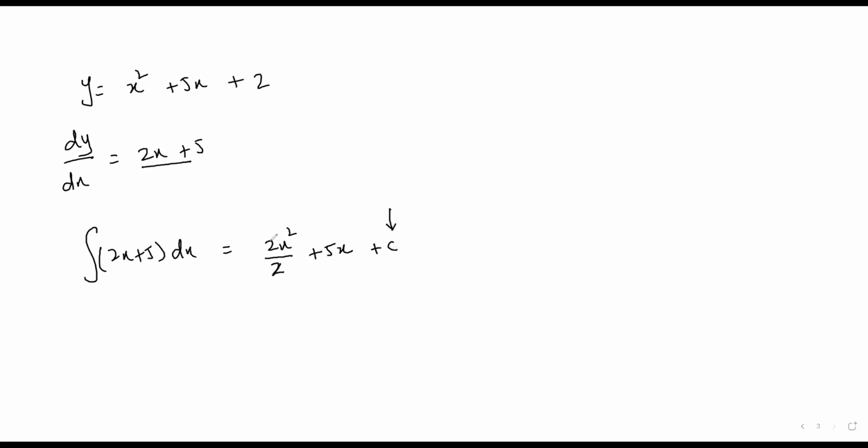Later, maybe in 2 or 3 days, you will learn how to get this c actually back. So this becomes x squared plus 5x plus c. And that is why we call these indefinite integrals. When you are not clear what the c is, we call them indefinite integrals. Okay, so once you have done this two term expression,